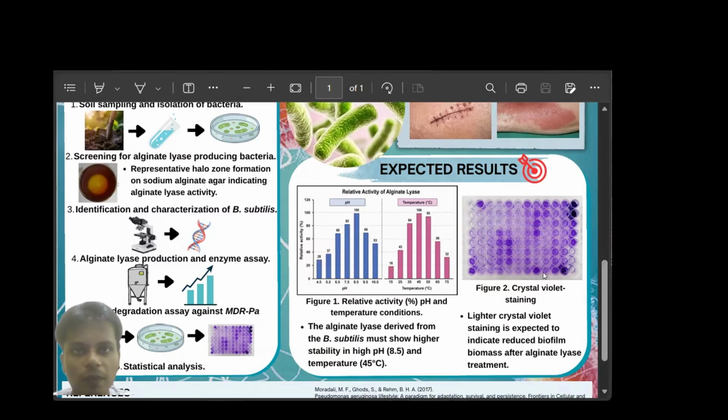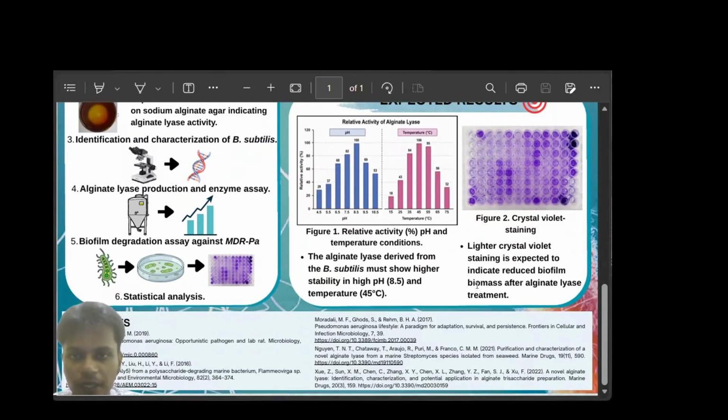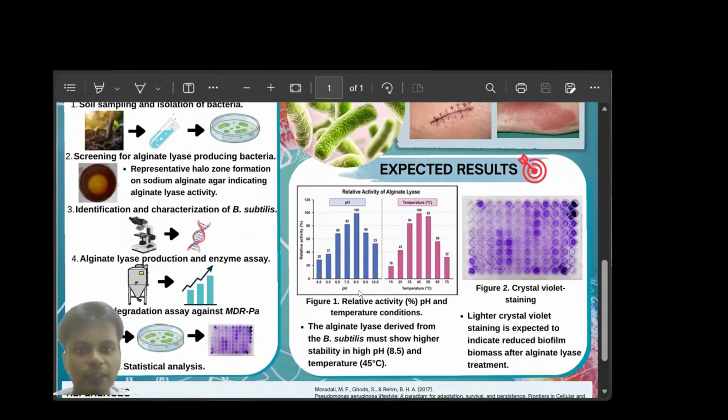Furthermore, I also expect the enzyme to effectively degrade the multi-drug resistant Pseudomonas aeruginosa biofilms. It can be seen here in Figure 2, you can see the crystal violet staining. I expect a lighter crystal violet staining because it indicates the reduced biofilm biomass after the alginate lyase treatment. These expected results will then support the hypothesis that alginate lyase can weaken the protective biofilm matrix by degrading